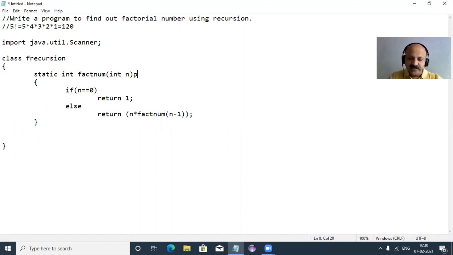And now we take public static void main, that is now our main method, then String args, perfectly, and opening and closing braces.